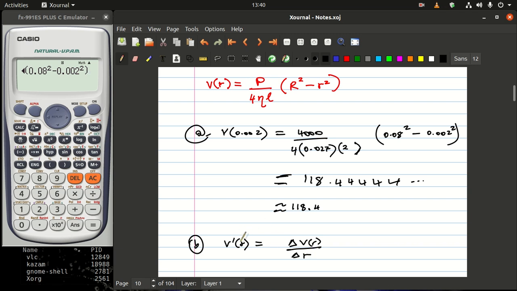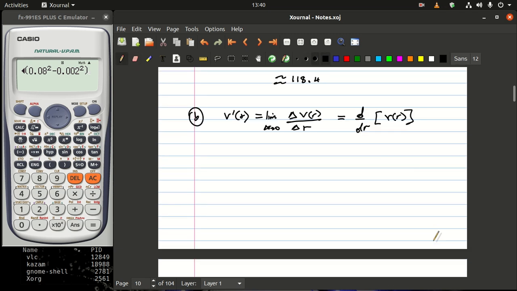But now we want it at the exact time, so this is an average rate of change, but now we want it at r. In other words, we were looking for the instantaneous rate of change. In other words, we'll end up having the limit as delta r tends to 0. Or you can say that, because some people say this is actually the derivative, or you can just say I'm looking for d/dr of v of r, or simply I am actually looking for, because the function was given there, the derivative with respect